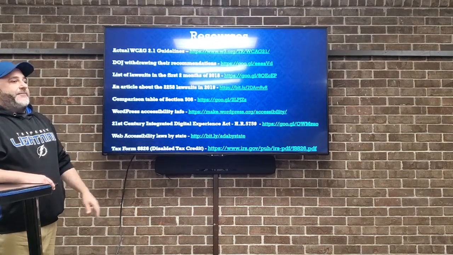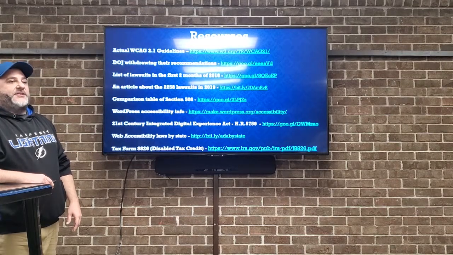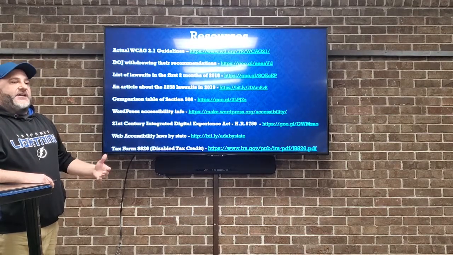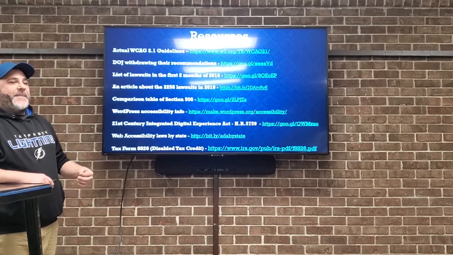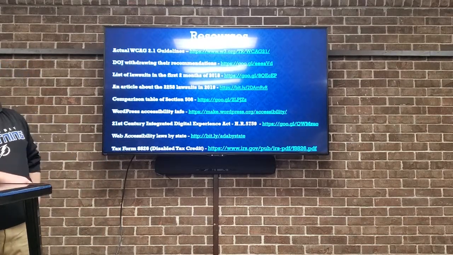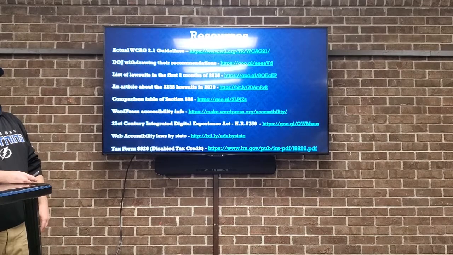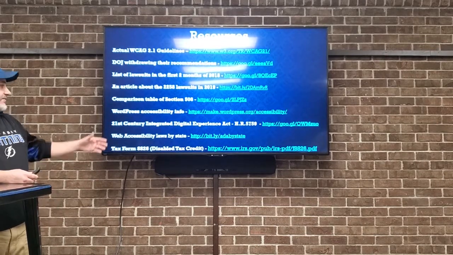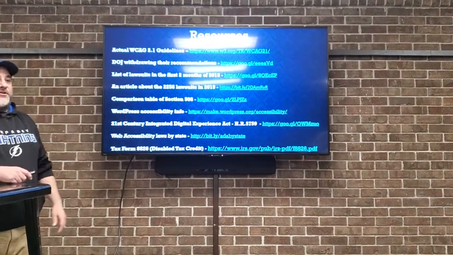Tax form for accessibility: you actually get back up to $5,000 of $10,000 spent, 50 cents on every dollar, up to 10 grand that you spend on accessibility. You get that back. That's a big deal. So what does spending on accessibility mean? Well, if you hire me to do your accessibility and you spend $1,000 on it, you can fill this form out and you'll get your $500 back. Well,